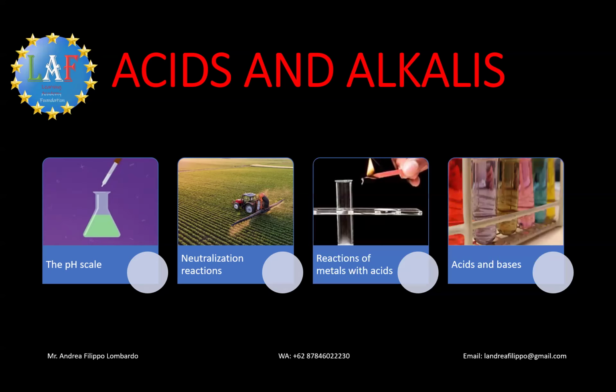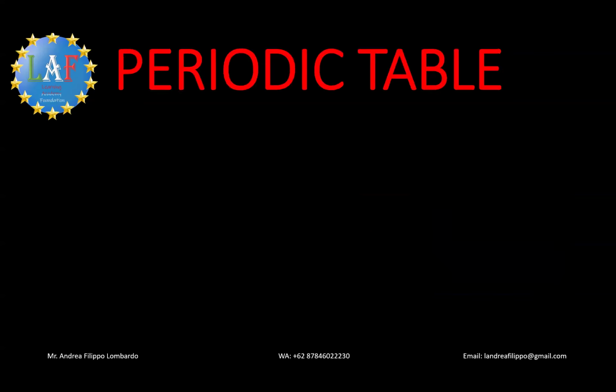Acids, bases, and alkali are found in the laboratory and at home. So acids and bases can neutralize each other. A base that can dissolve in water is also called an alkali. The next section will be about the periodic table,